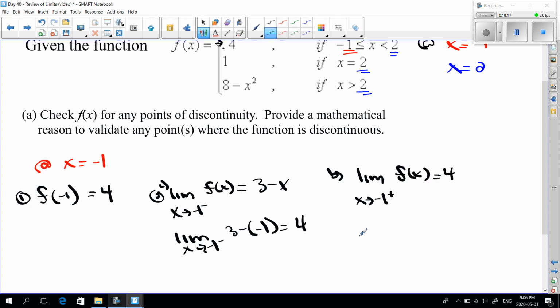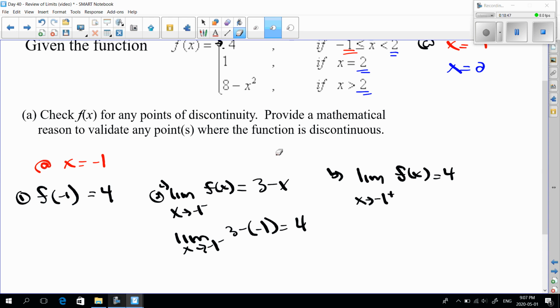All right, so the limit as x approaches -1 from the right would equal 4 as well. I guess I already have that right here. So a limit does exist. The left-hand limit and the right-hand limit are equal to one another, and the limit actually equals the defined height